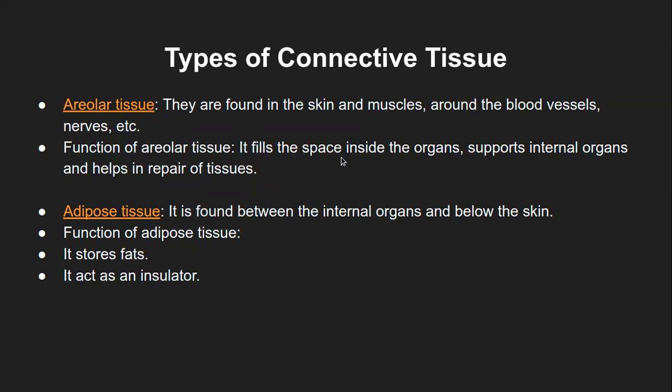Now, because it fills this empty space, otherwise empty space next to the organs, that is why it is called as areolar tissue, right? That is the empty space being filled up by the connective tissue. That is why they are called as areolar tissue, and that is their function also ultimately. Then adipose tissue, I guess we discussed enough about this. These are the fat cells. So around the cells, there is a lot of deposition of the fat.